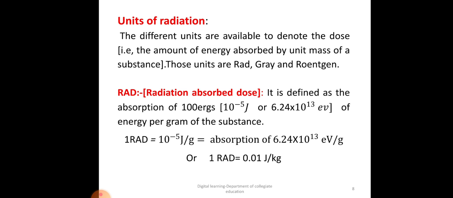Units of radiation. Different units are available to denote the dose, that is the amount of energy absorbed by unit mass of a substance. Those units are rad, Gray and Rontgen. Rad, radiation absorbed dose, is defined as the absorption of 100 ergs of energy per gram of the substance. 1 rad is equal to 10 to the power of minus 5 joules per gram, that is equal to absorption of 6.24 into 10 to the power of 13 eV per gram,